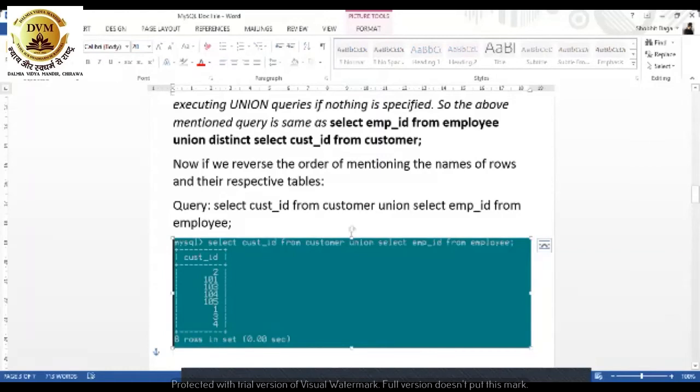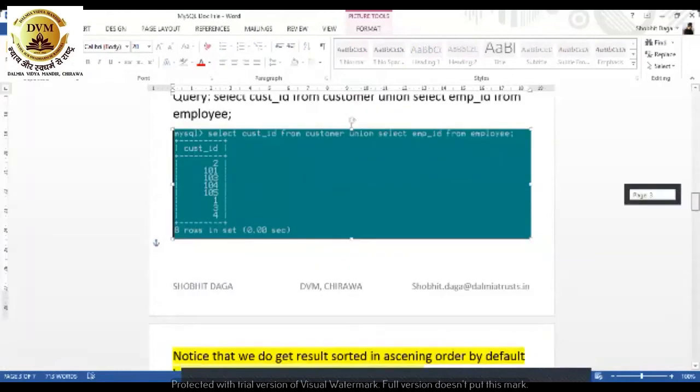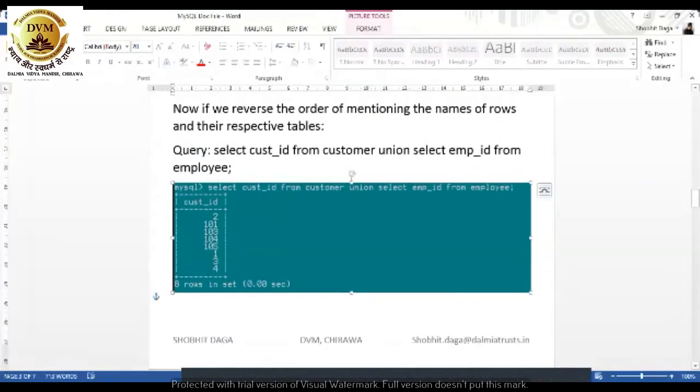So 2, 101, 103, 104, and 105 are first, and then you do not have 2 over here in the second column output, right? So this is how it will be. Remember the name of the column that will be shown over here.